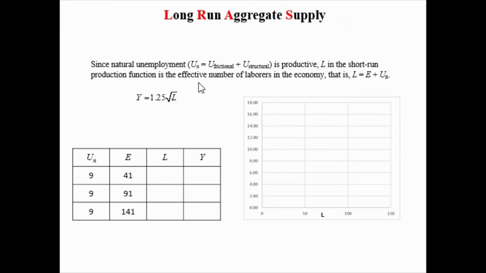Now, the level of unemployment is capital UN. It is equal to the frictional unemployment that's out there and the structural unemployment. We've talked about this in the production possibility frontier model of our macroeconomy. Now, natural unemployment is productive, right? And if you think about it, it's productive because